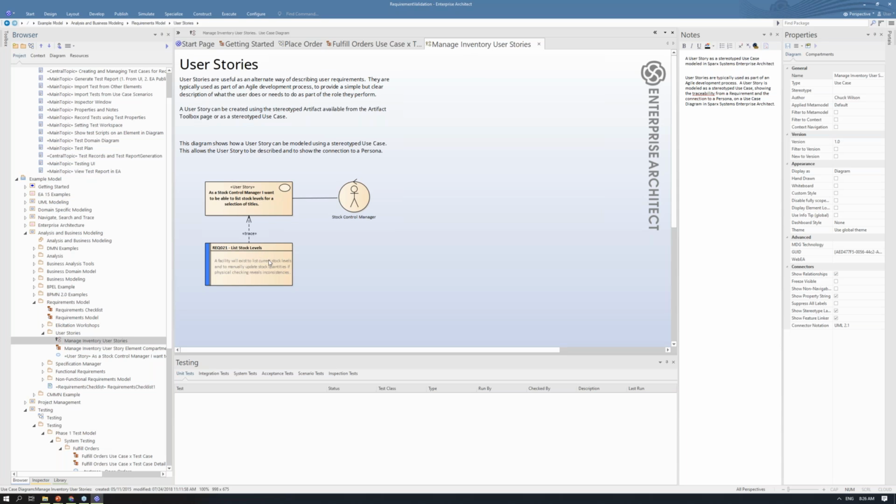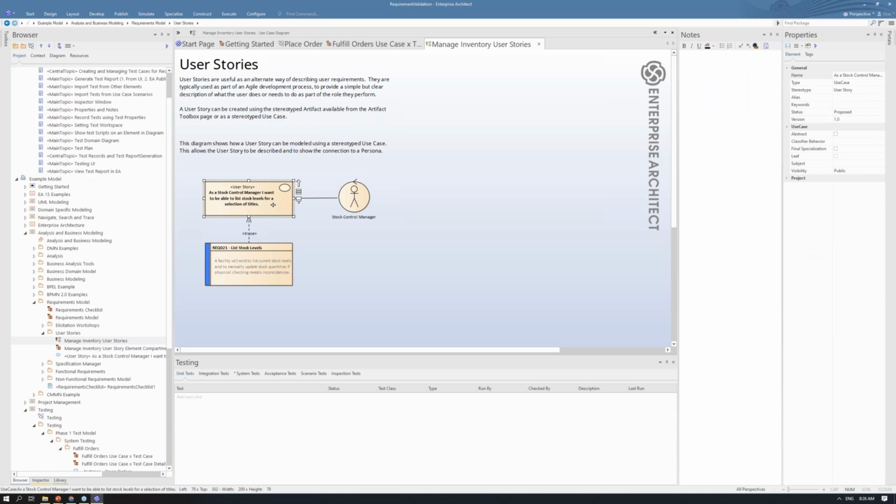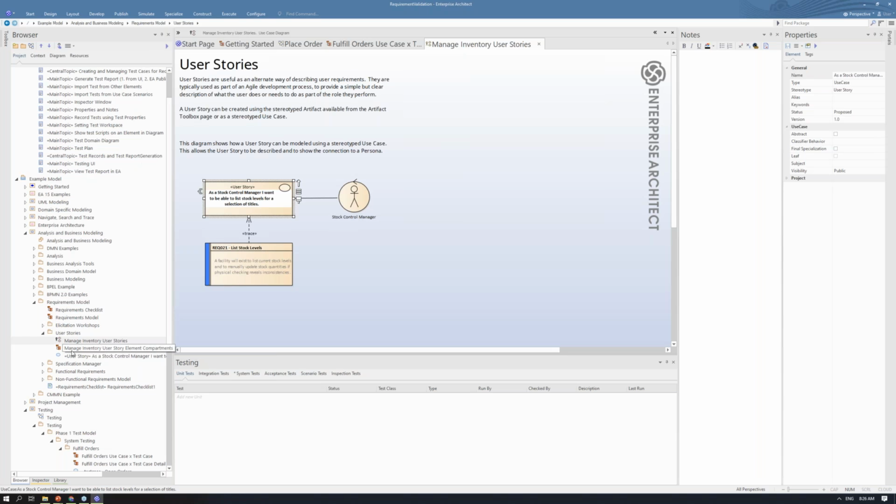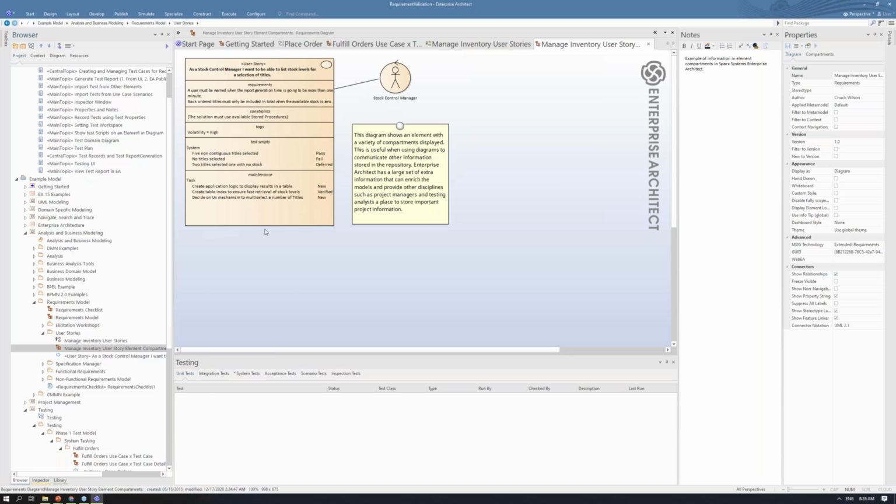You should be able to derive, not inherit, I'm sorry, I should say derive the test cases from the specifications. So let's say this is a user story, and there is the property of the user story, and there's the stock manager here. So this user story: as a stock manager, I want to be able to list stock levels for a selection of titles. The requirement is a user must be warned when the report generation time is going to be more than 1 minute. So from this statement, you should be able to derive a test script, right? So